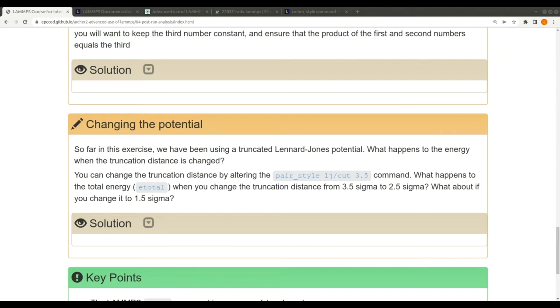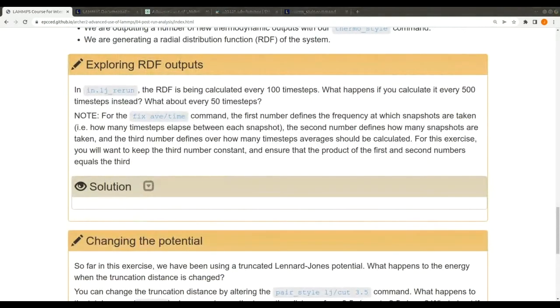Is the rerun command generating an entire new but shorter empty trajectory, or is it just calculating RDF from the LAMMPS trajectory dumped from the longer simulation? It is doing the latter. The rerun command only looks at what is in the LAMMPS trajectory. And actually, that answers the first of our two questions. But the way that the rerun command works is